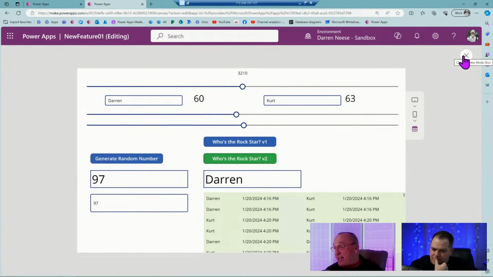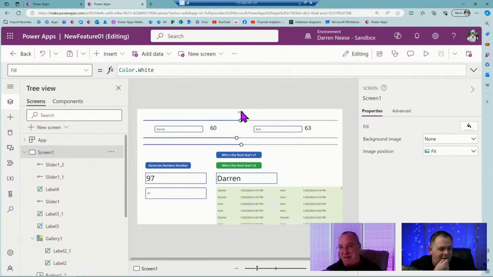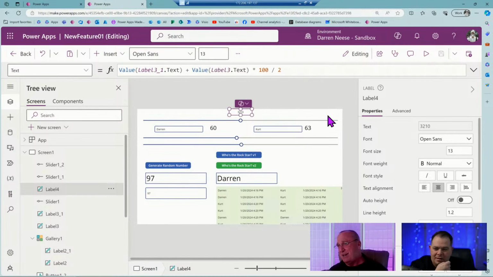Let's think about, now I've got to think about this because I haven't done this since maybe my sophomore year in high school. I was thinking of like a tug of war thing. We have one slider. Person one is on the left side, person two is on the right. Somebody said tug of war and it just made sense, but I was having a hard time with the math. So is this what you're talking about? I've got a little label up here, and I'm trying to create a number within this thing.